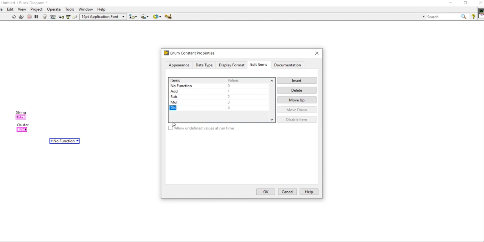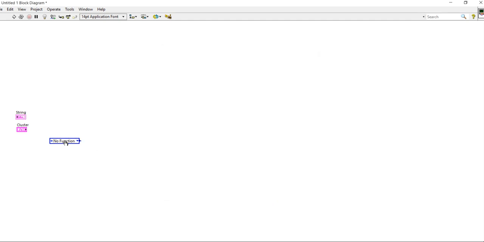Okay, so these are 5 cases: no function, add, subtract, multiply and divide, and hit the OK button.